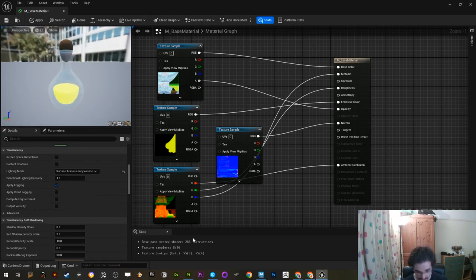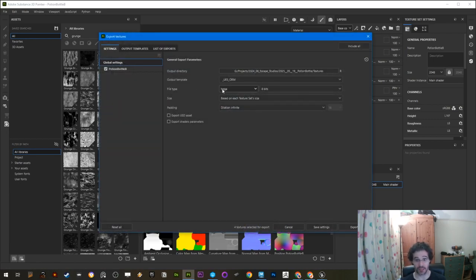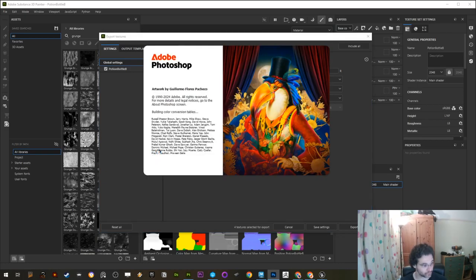One more thing we are going to take a look at is that in Substance Painter, we are going to export things as a targa. PNGs don't really have an alpha channel by default. I heard that you can force one into them, but I don't think they will have transparency by default. I don't know exactly the mathematics of why that happens. It just is. But if we actually come here